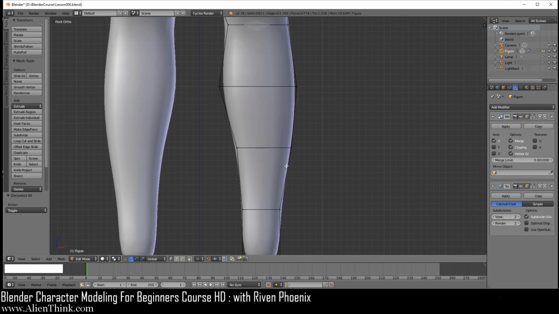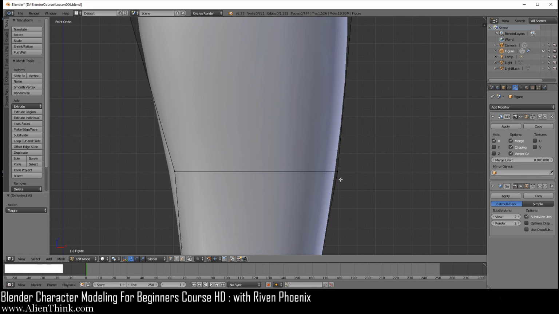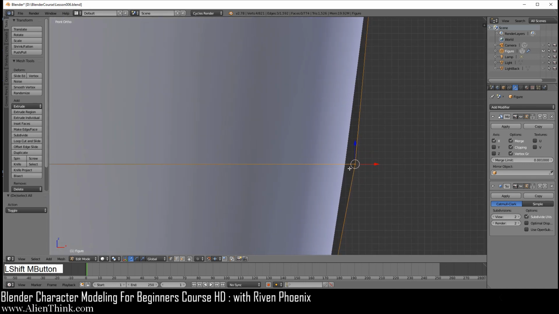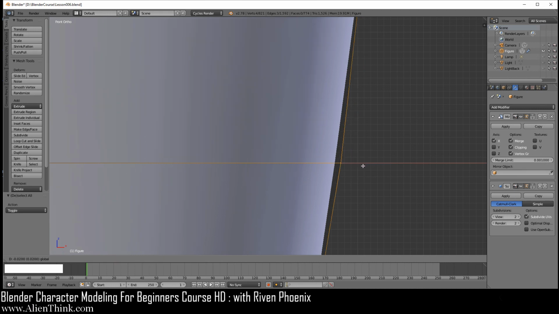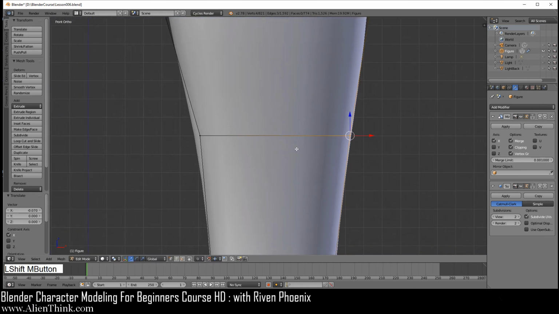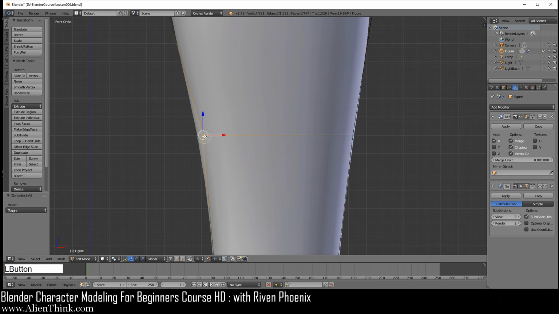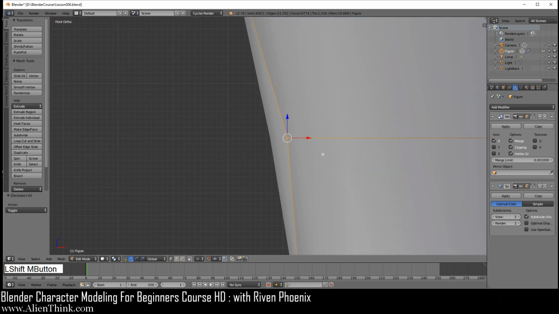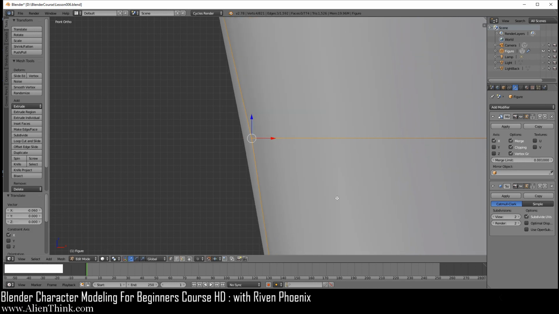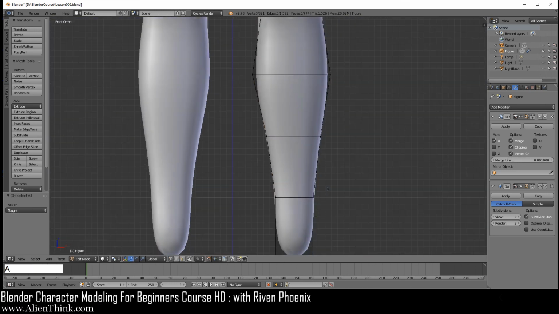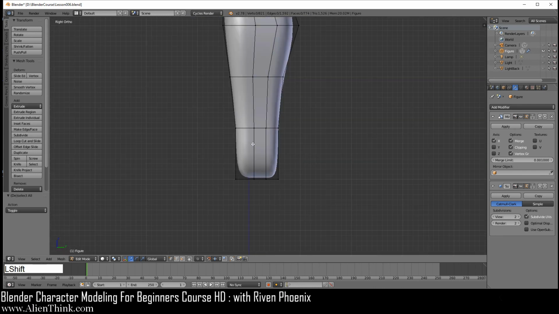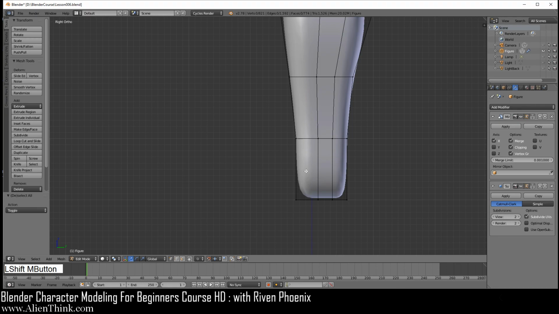We're going to do the foot in a second. I want you to zoom in over here, right over here. Click on this and zoom in and just take it to the left. 1, 2, 3, 4, 5, 6, 7. And then zoom out, A to D select, press C, click on this, zoom in, and you're going to take it to the left. 1, 2, 3, 4, 5, 6. Okay, and A to D select. And this is just defining the curvature. So now I'm going to go to the right view. So now we're going to start to define the foot.